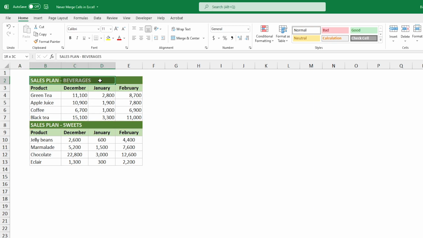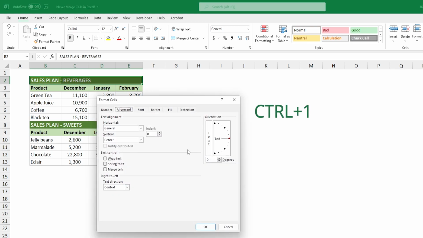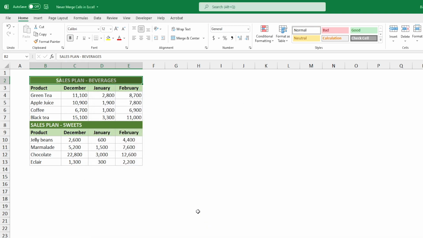Select the cells that should be merged and open the cell formatting window. You can do this either by clicking on this symbol under the Home tab or by using the key combination Ctrl+1. Here, under the Alignment tab, select the Center Across Selection option from this list. OK, and as a result, the text is aligned to the center of the previously selected range of cells.